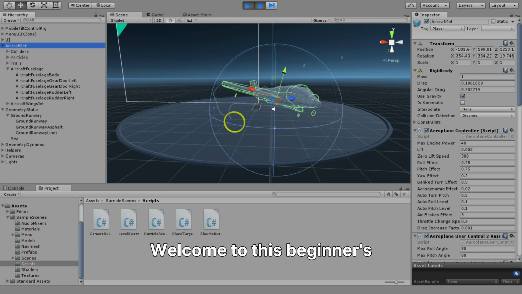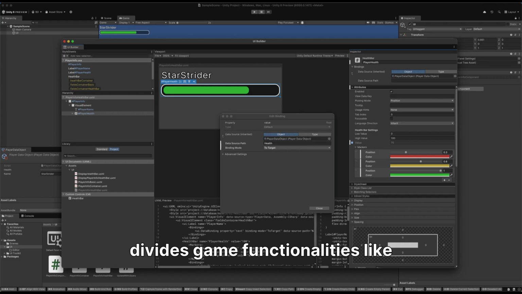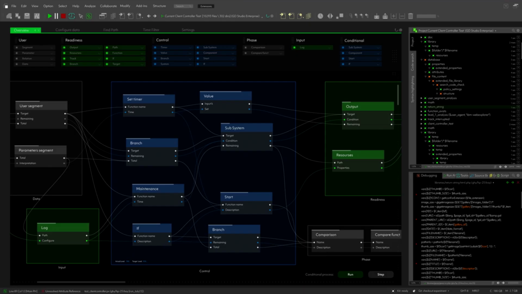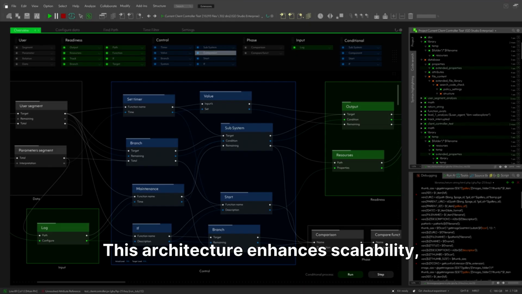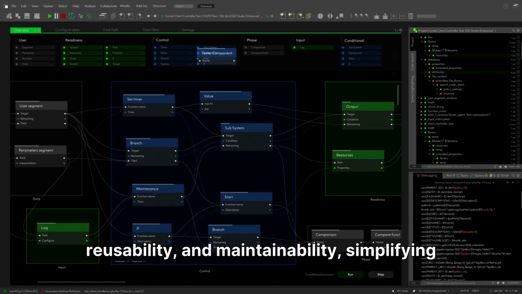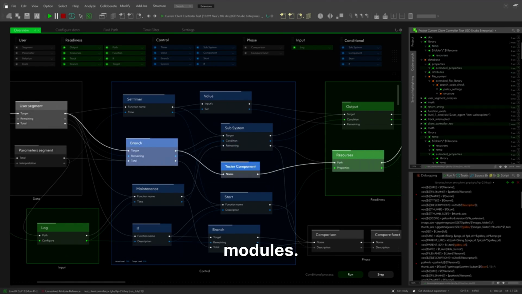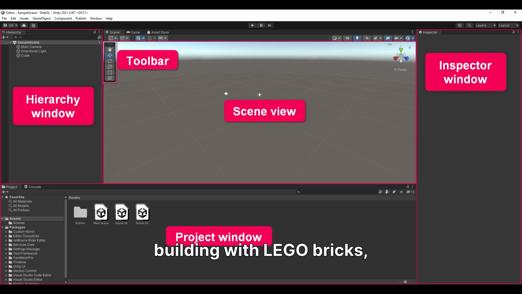Welcome to this beginner's guide on building a modular game framework, focusing on player inputs, audio, and user interfaces. A modular game framework divides game functionalities like rendering, physics, and audio into independent, interoperable modules. This architecture enhances scalability, reusability, and maintainability, simplifying development for beginners by allowing focus on specific modules. Think of it like building with Lego bricks, where each brick serves a specific purpose and can be easily connected,